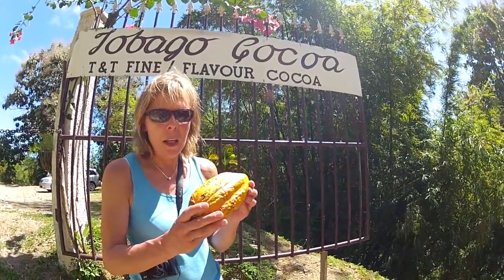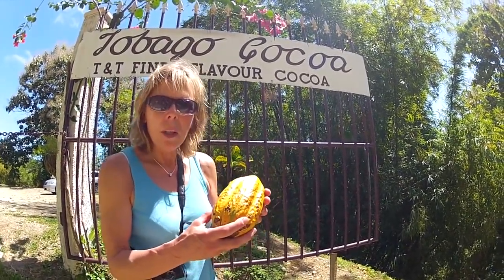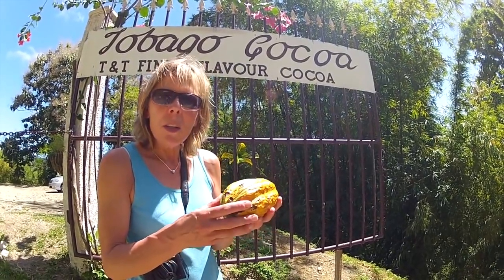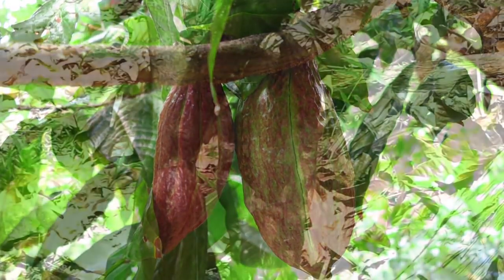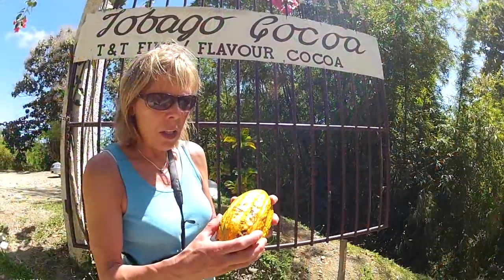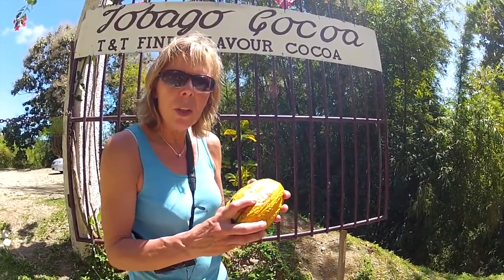This pod here takes about 6 months to get to this stage. This is a mature pod and it's ready to extract the cocoa beans which are inside. It starts on the tree as a little flower which he showed us earlier, and then they slowly grow and change colour, and then they're covered in a cloth to keep the parrots off and the squirrels off, and then they're harvested and taken to 2 low wooden huts, and the first wooden hut has a series of boxes